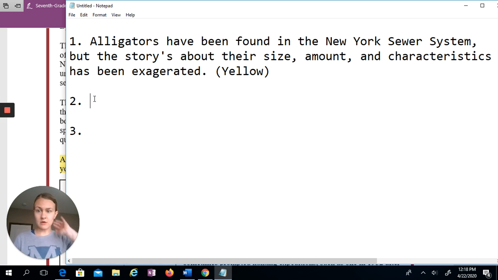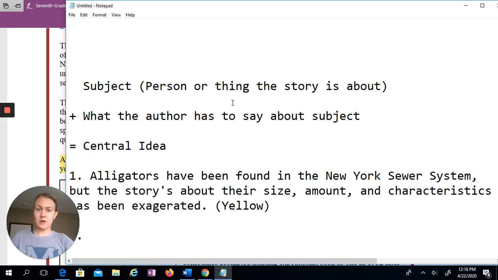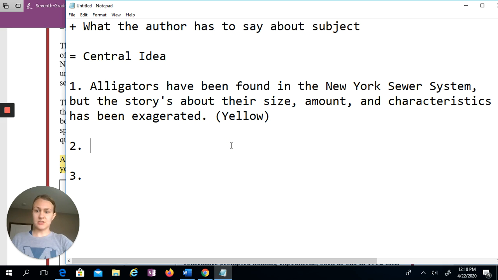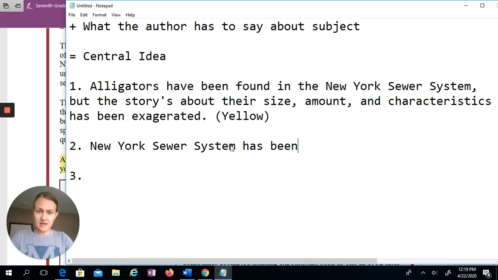Okay? So remember, we start with the subject, so a person or thing the story is about, and then we figure out what the author has to say about that subject. So another thing that's talked a lot about in the story is the New York sewer system. Okay? So what does the author have to say about the New York sewer system in this story? So we're going to say that the author says, so the New York sewer system has been the